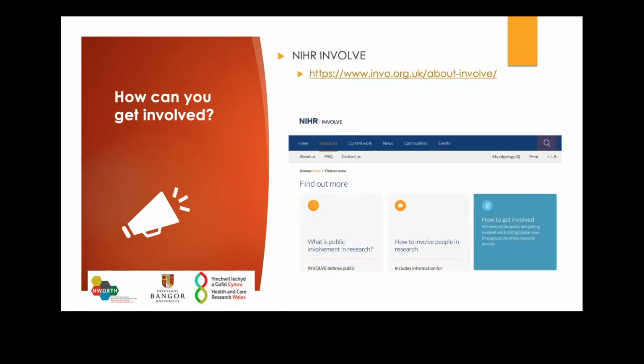And the last one is the National Institute for Health Research, Involve. They support public involvement in NHS, public health and social care research. It is one of the few government-funded programs of its kind in the world, and they have a great frequently asked questions section where you can find out a lot about getting involved across all four nations, and what it means. There are also some training opportunities.